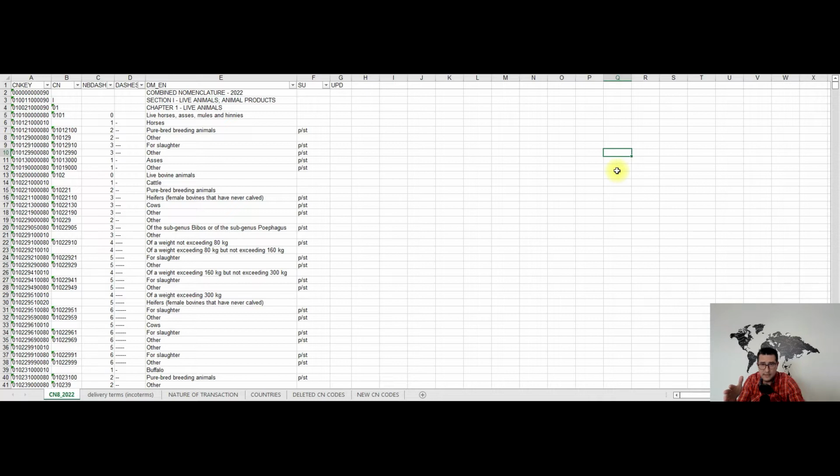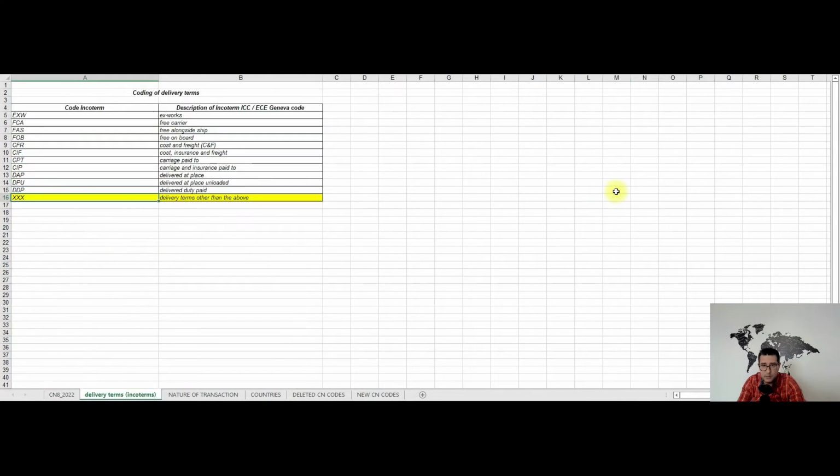Let's deep dive into this Excel file that I've prepared. And guys, don't worry, I won't cover the combined nomenclature sheet, but I'll move on to the delivery term sheet in order to quickly remind you that the current delivery terms are based on Incoterms 2020. But as you know, in a contract of sale, you can use whatever Incoterms version, so either 2000 or 2010 Incoterms. And here you have this XXX option in case, let's say, you use Delivered at Terminal, so DAT, from